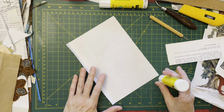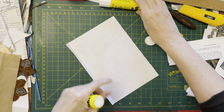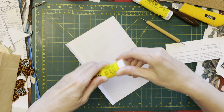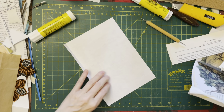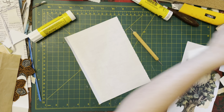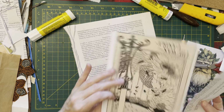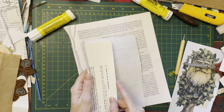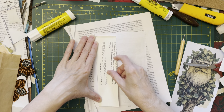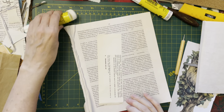There we are. New and old. And then we use a new one on this. So how are we going to do this? So I'm going to glue, glue, glue. Pop that in this way. Line it down that way and then fold. Okay. Now,